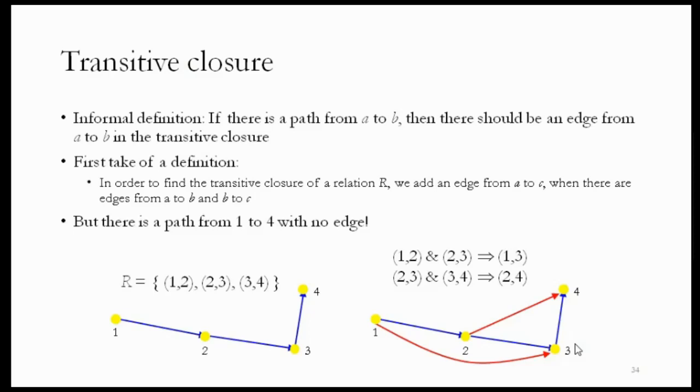After forming this edge, we identified that we can also relate 1 to 4. Can you do it or not? Because 1 to 2 there is a path, and 2 to 4 there is also a path, is it not? So this is called the repetitive way of routing the